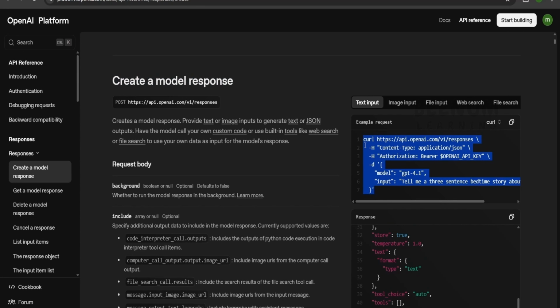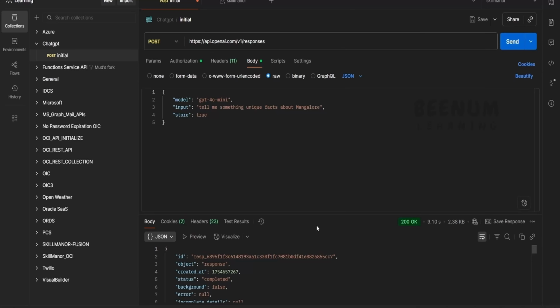So we are going to use the same. Before we consume the same API in Visual Builder, we first have to check in Postman whether those things are working, like the API key and the sample request and response. In order to do the same, I have created a simple Postman request over here,